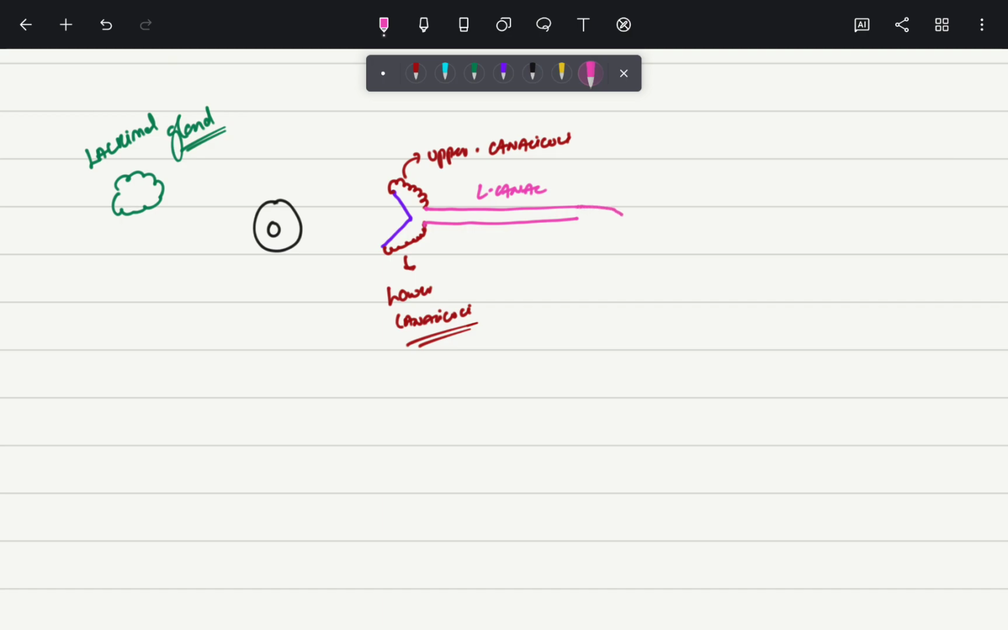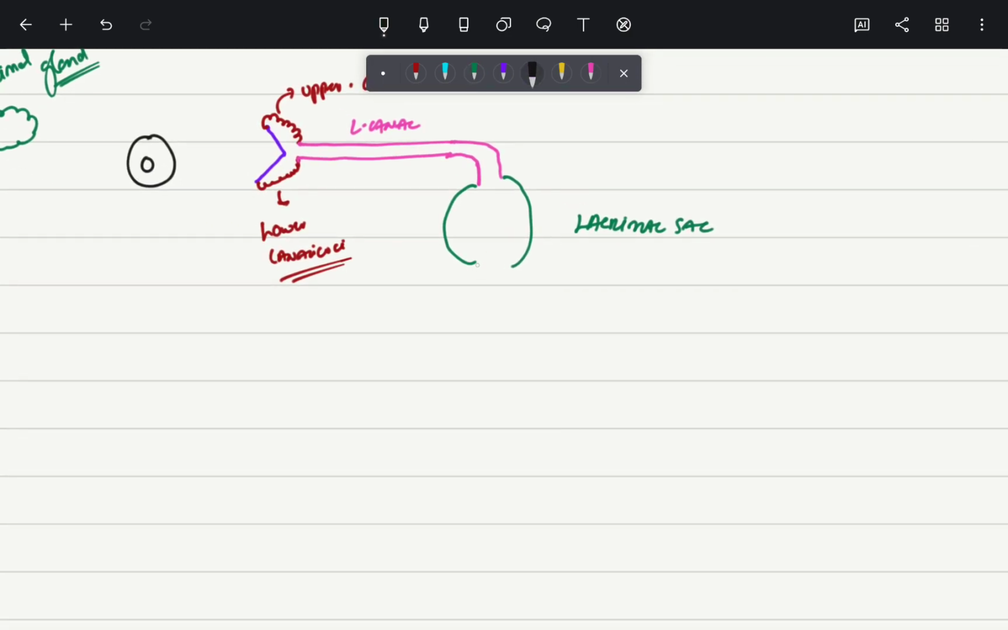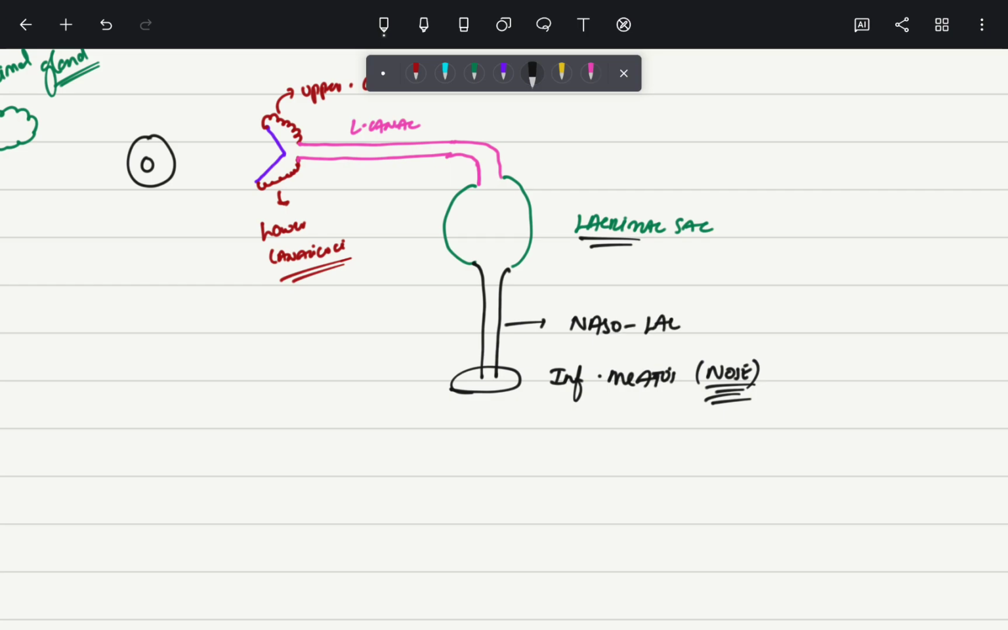and this canal is going to form a sac. What is this sac called here? This sac is called your lacrimal sac. Now this lacrimal sac will eventually form a long duct which will connect to your nose, especially your inferior meatus. Now what is this duct which is connecting the nose and your lacrimal sac? This is known as your nasolacrimal